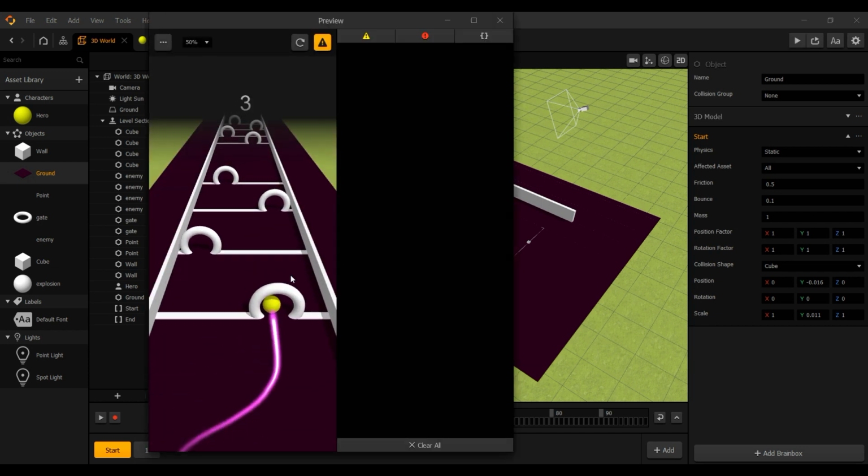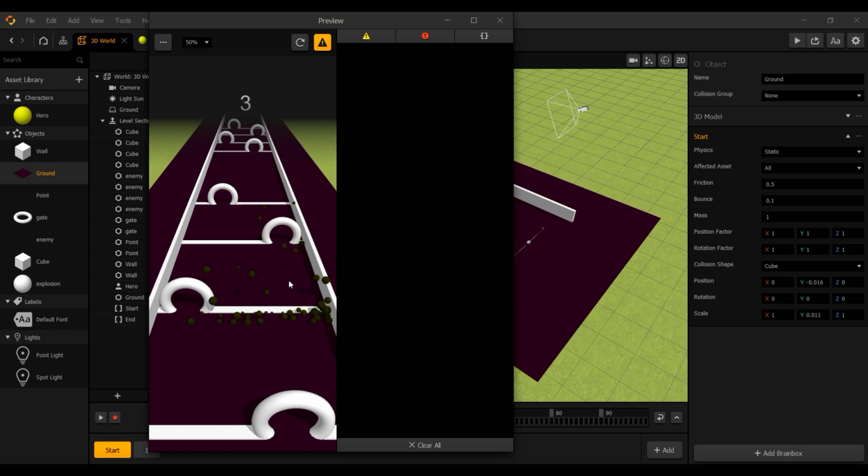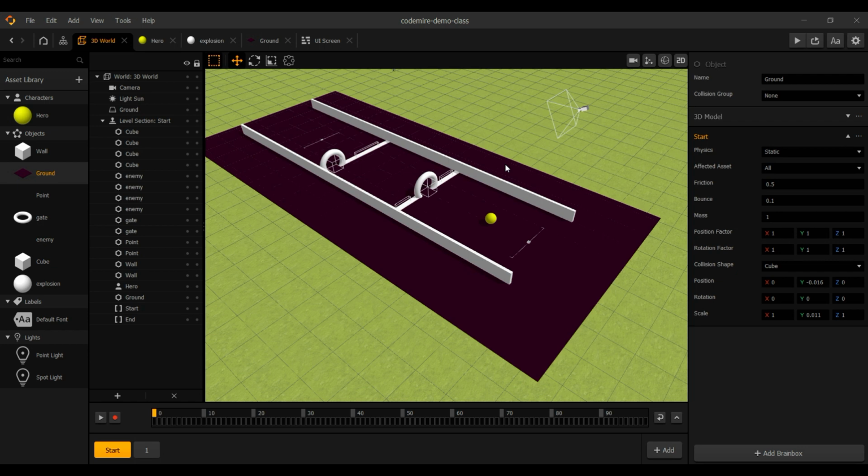When we play and when it collides, you can see these small balls. When it passes through these gates, the score increases. So I want you to fix this. This is a small task of yours, and tomorrow we will be adding labels. Tomorrow we will be adding start game UI and game over UI, and we will be adding sounds in our